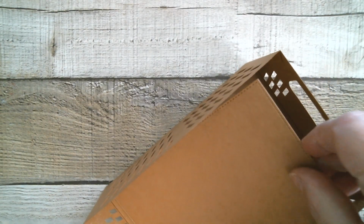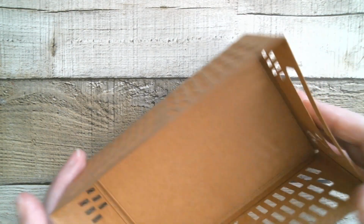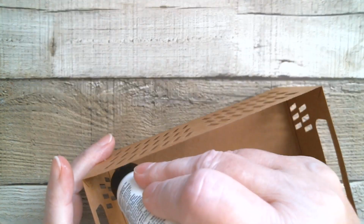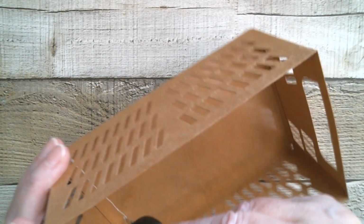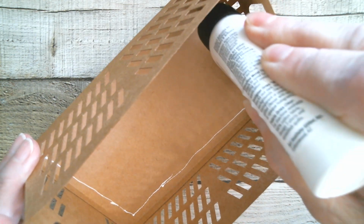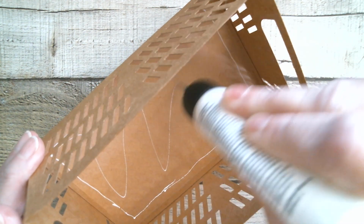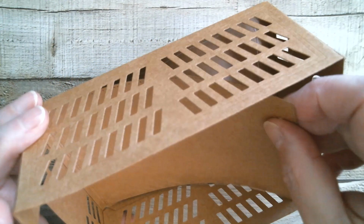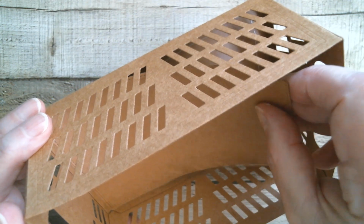So you can cut that in pattern cardstock if you want to. Just slot it in and see kind of where about it fits. There is a little bit of a border there, so I'm going to go in with some glue, and I'm just going to think about where my border is, and I'll put this flat so that you can see it. So that's where I'm putting mine, and then I'm going to just drop this in and try and get an even